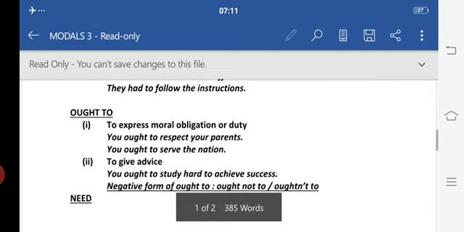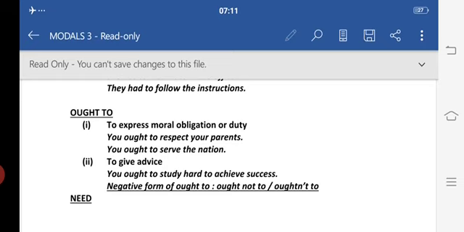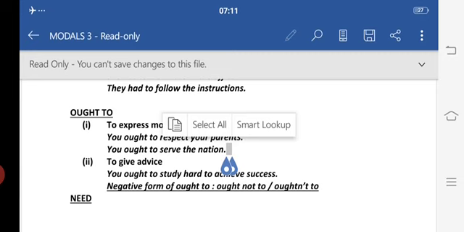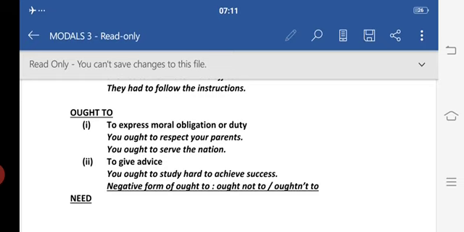So this is the case in which we were supposed to do something, but because of some other reasons, or because of our negligence, we forgot to do something, or the thing didn't happen. We use ought to. I can take one more example. I ought to have studied to crack this exam, but I didn't. Now you may say there is a confusion between ought to and should. They are similar in meaning, students. Should is more common than ought to.